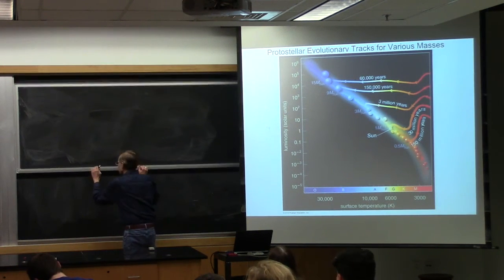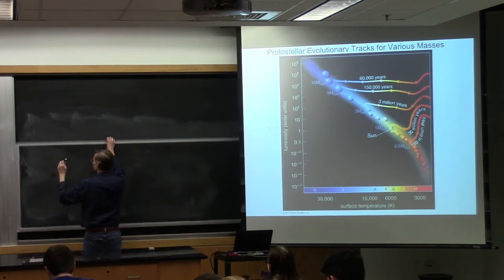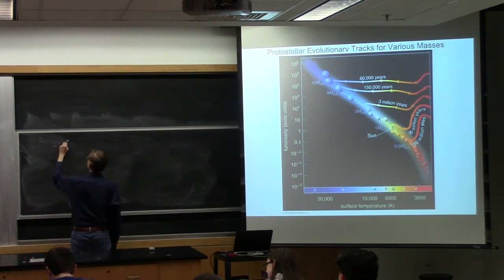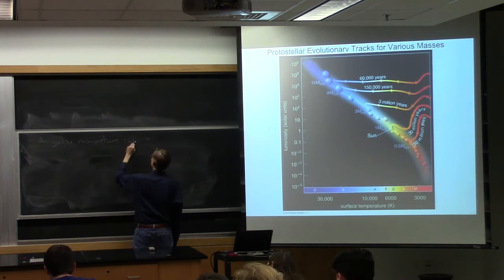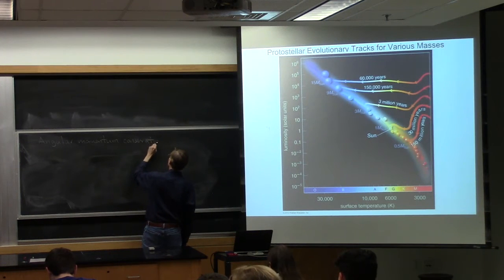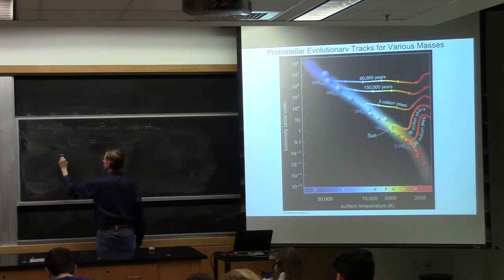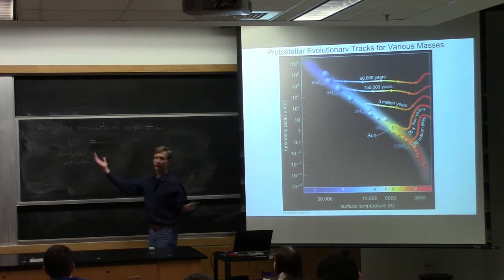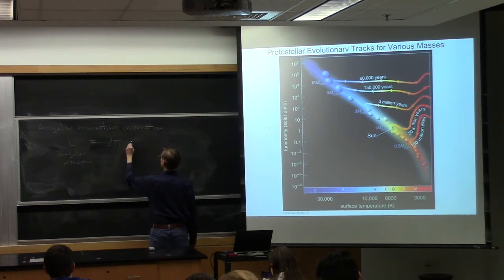So the angular momentum conservation formula says L, the angular momentum. For whatever reason, L stands for angular momentum. I guess there's an L in angular, who knows? Equals 2 pi times